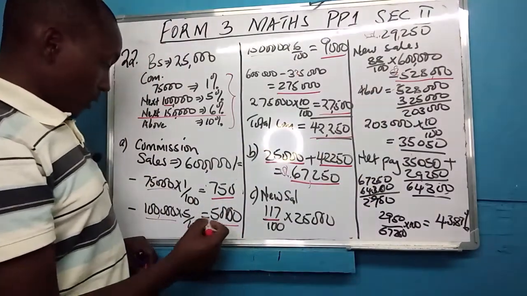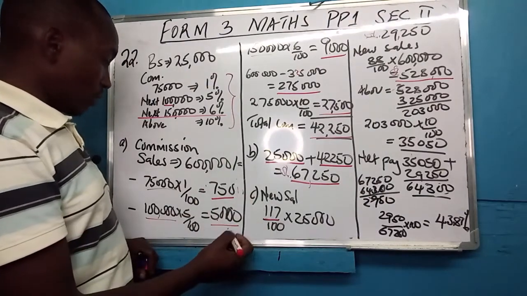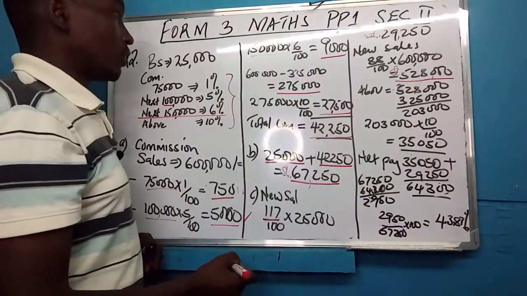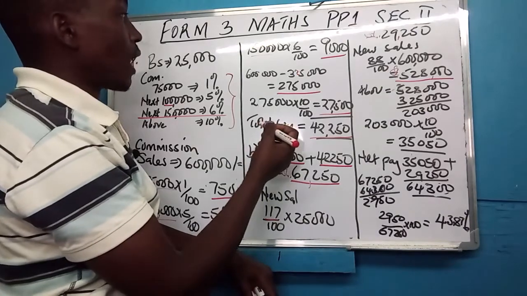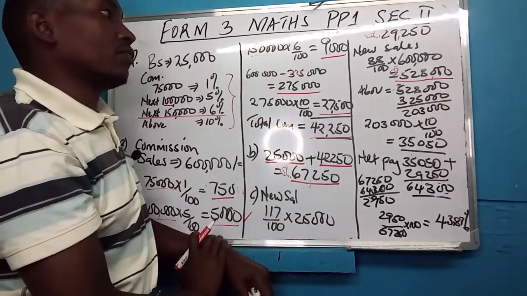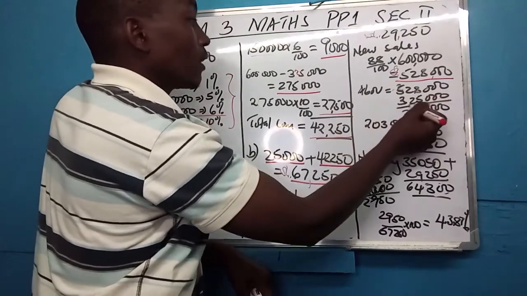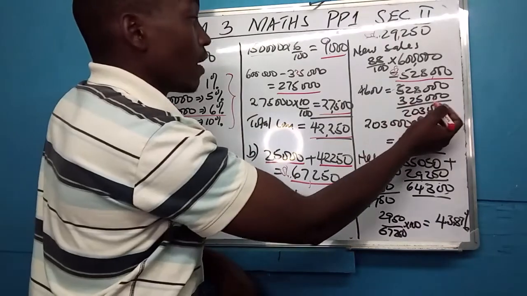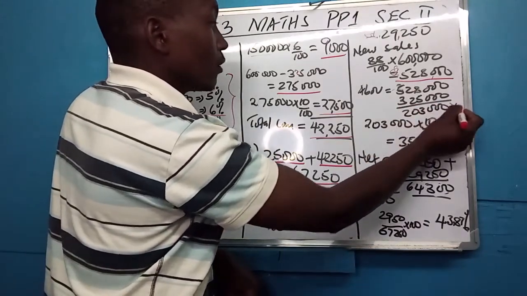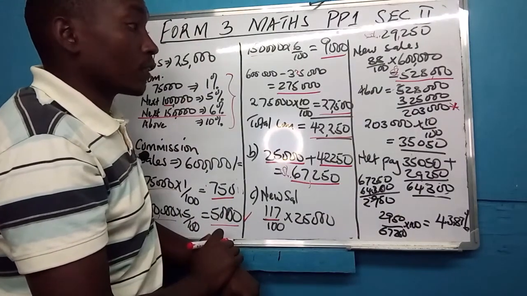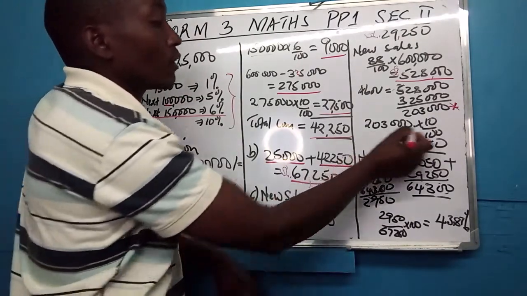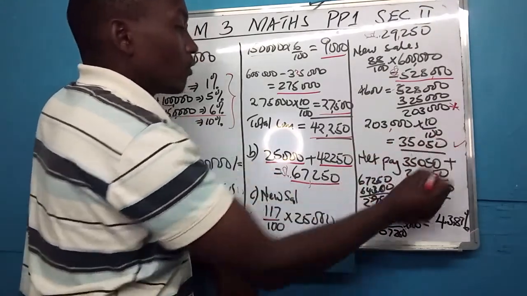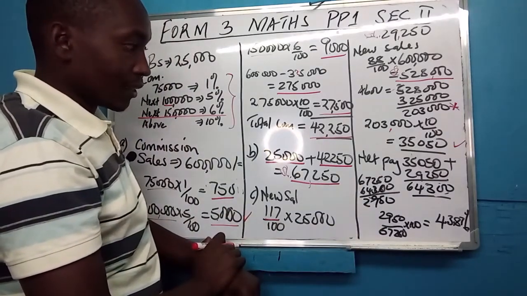So you only need to know that it will fall into the first bracket of 75, 100, and even 150. So you need to just calculate what is above the third bracket you're given there. It is the total sales subtract the total for the 75, 100, and 150, 325. If you subtract, you're going to get 203,000 sales that was above. That is now in the bracket of 10%. So the 10% there, you multiply, you get the commission for that bracket to be